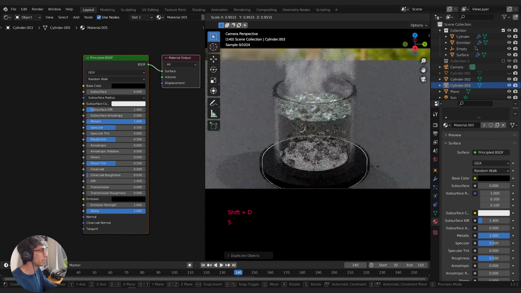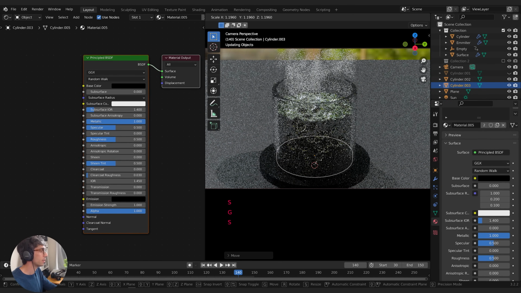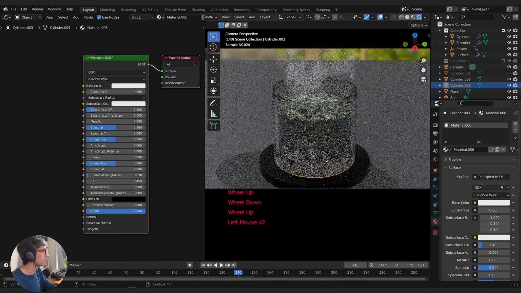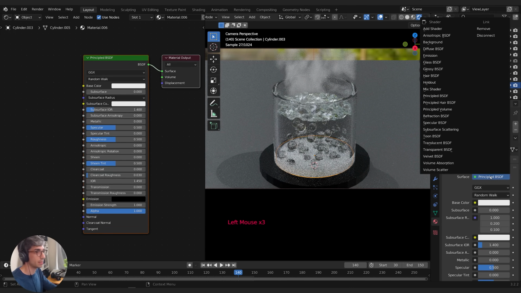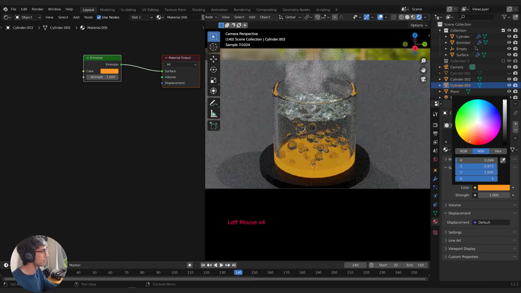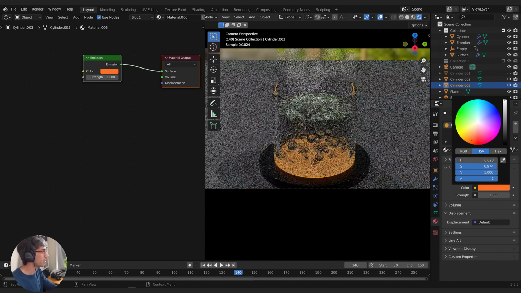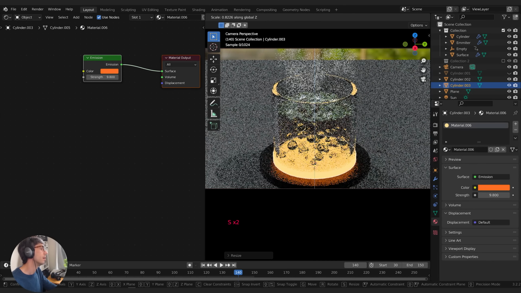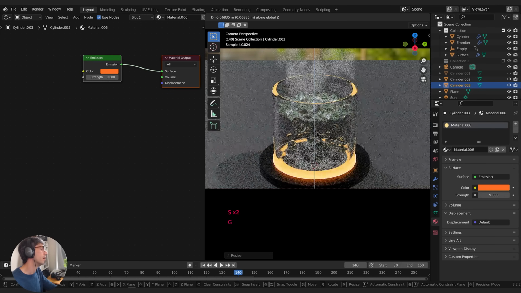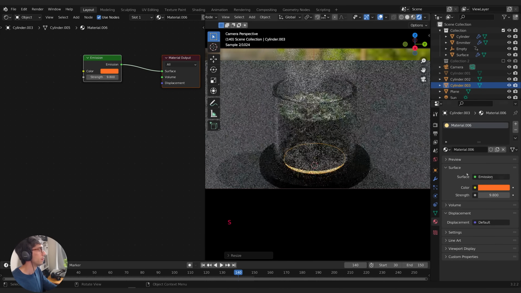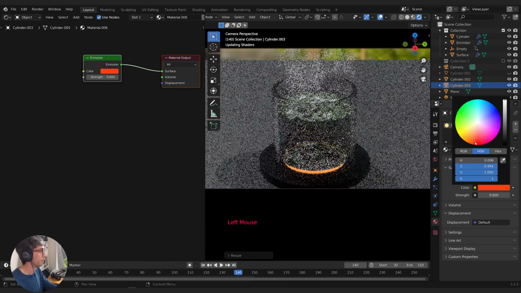And let's see, I think I'll just do it again. So Shift D to duplicate, scale, bring this one up. And with this one, I'm going to put a different material on. So I'll just hit X to get rid of that. Click New, click the surface type, and just change that to emission by hitting E. And I'm going to go for something orangish red, maybe. Turn it right up. Bit more red.